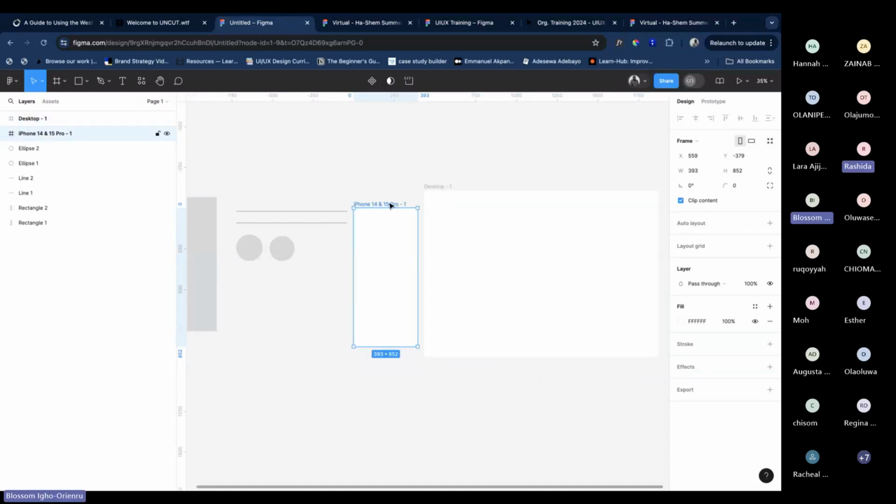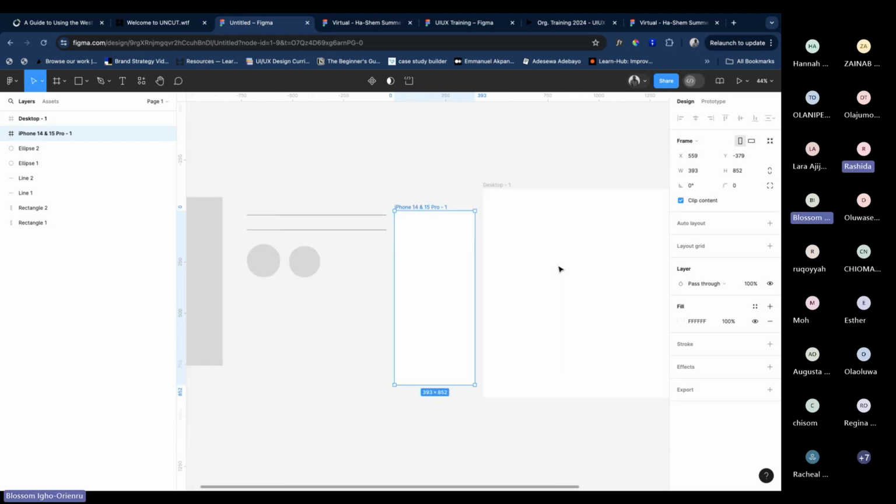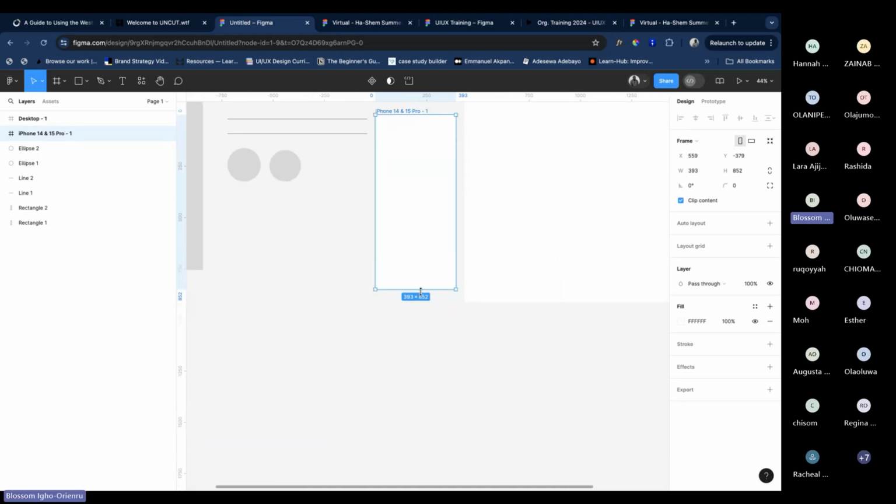So the question is clear, yes, I understand your question. Can you see my screen now showing the iPhone 14 and 15 Pro? If you expand it by width, meaning this way, it's going to affect your final work, because this is definitely not the size of an iPhone 14 or 15. If you expand it by height, you will not have an issue,